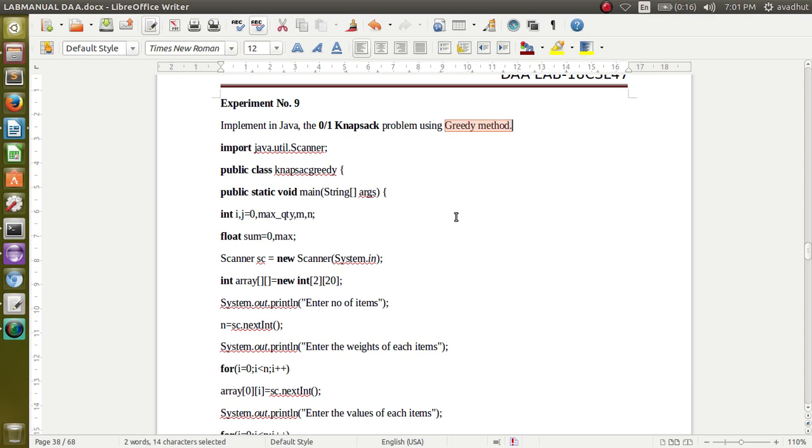In the theory class I explained how we are going to do the greedy method. First, whatever data is given we will write down and then find the density. What is density here? Density gives you the profit for 1 unit of each of the items. Density is the profit, that is value divided by the weight. Value divided by weight, if you do, you are going to get the density there.